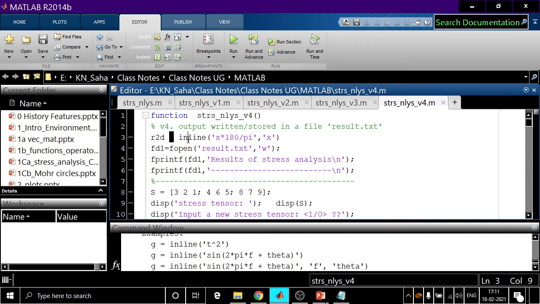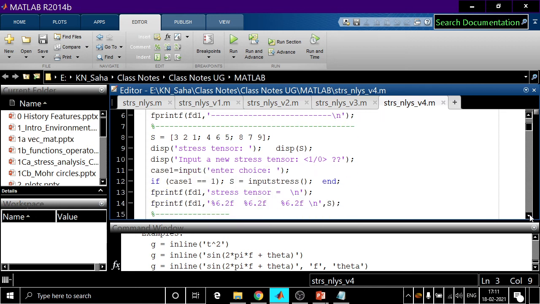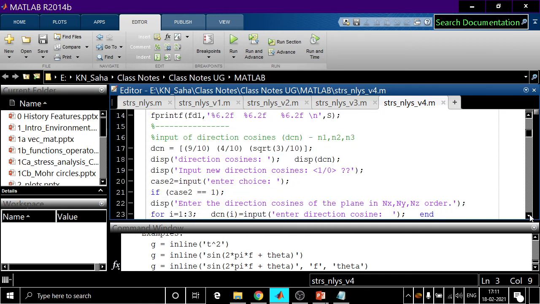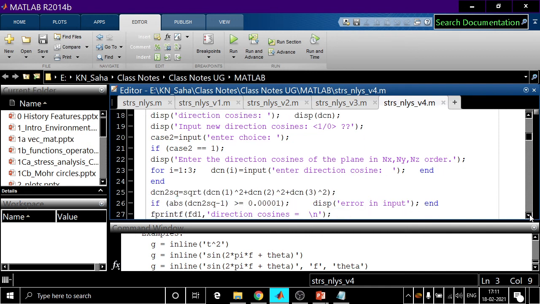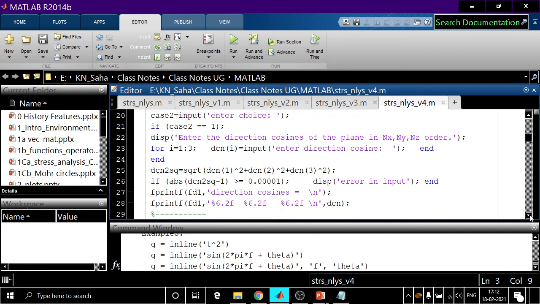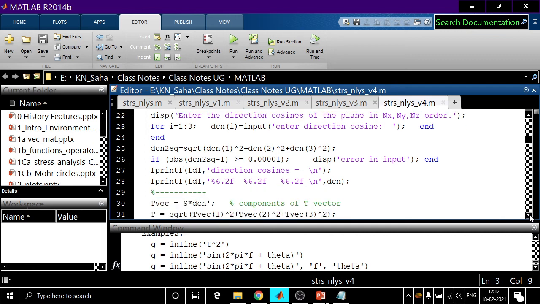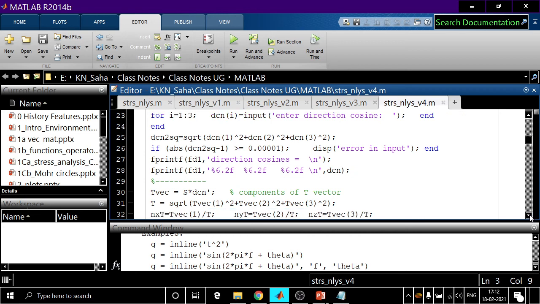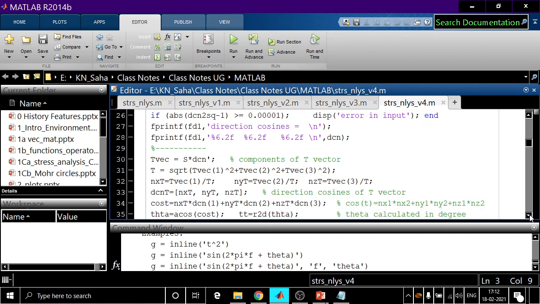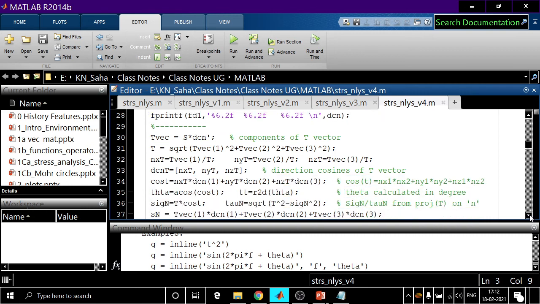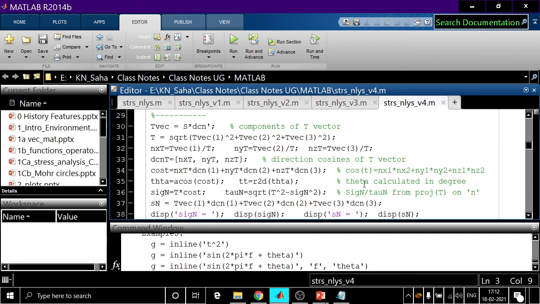So this is inline, a short form of a function. So this is what we did here to display our output in degree. Theta calculated in degree.